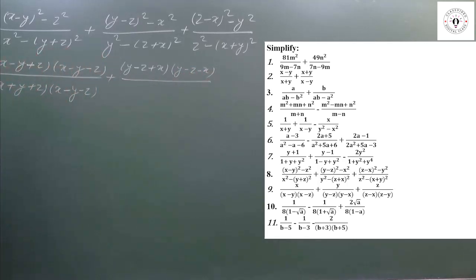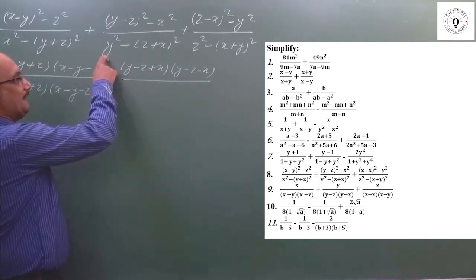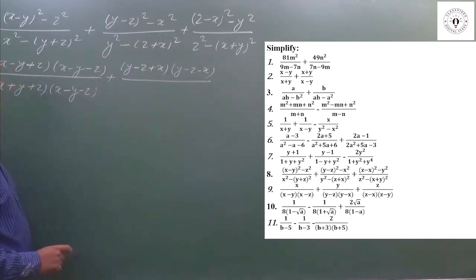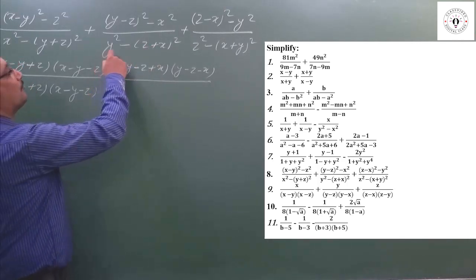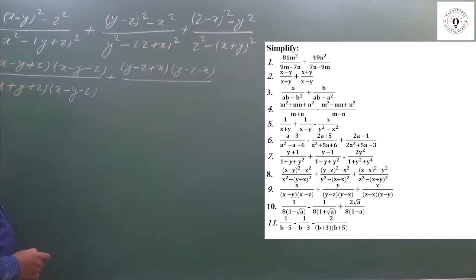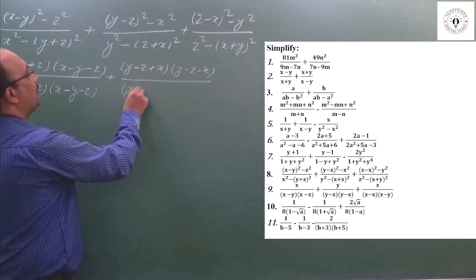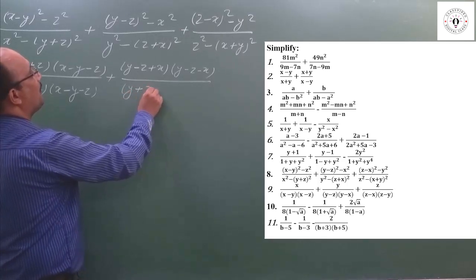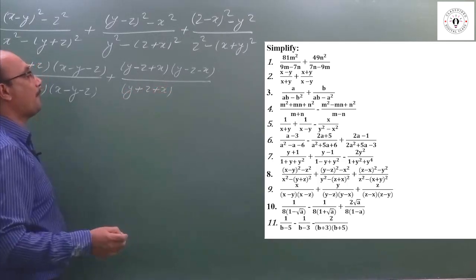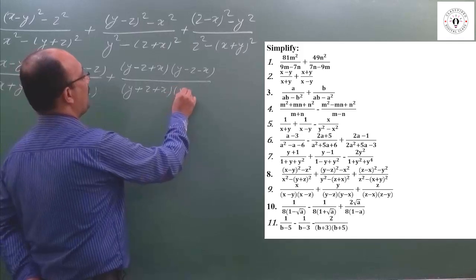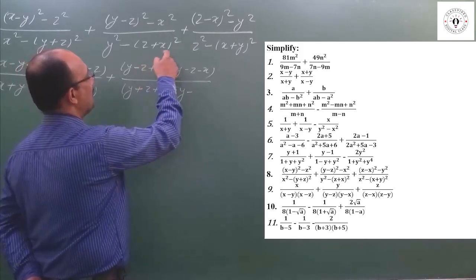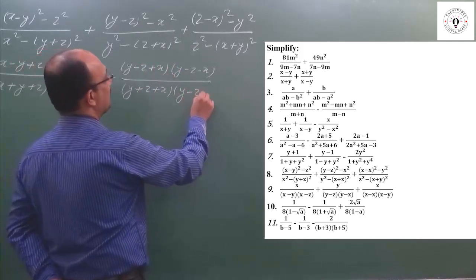In the denominator, if you suppose y as a and z plus x as b, then this is in the form of a square minus b square, which equals a plus b into a minus b. So a means y plus b means z plus x, a plus b. a minus b, a means y, minus b means z plus x, but minus changes the sign, so this becomes